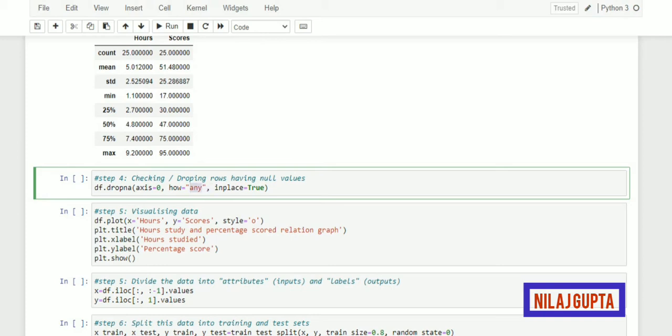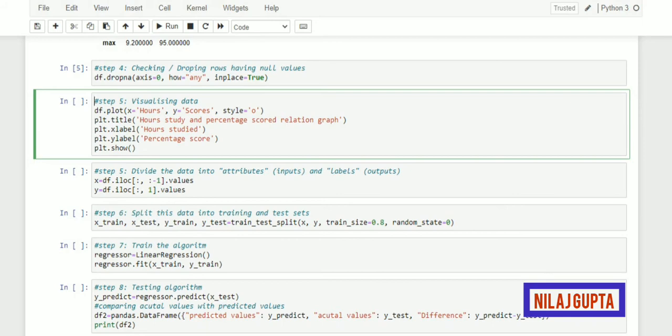It means if any null is found, then drop the row, and if you write all here, then only if all values are null will it drop the row. And inplace equal to True means the changes will take place in the same data frame, and no new data frame will be created. And now I will run this block.